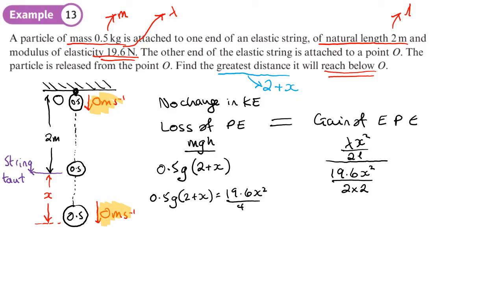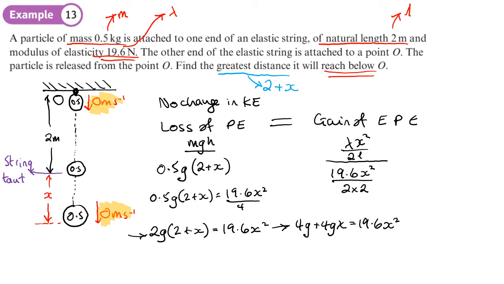Like that. So this is now about working out what x is. So we will times both sides by 4. So we'll have 2g(2 + x) equals 19.6x squared. We will expand the bracket, so we get 4g + 4gx equals